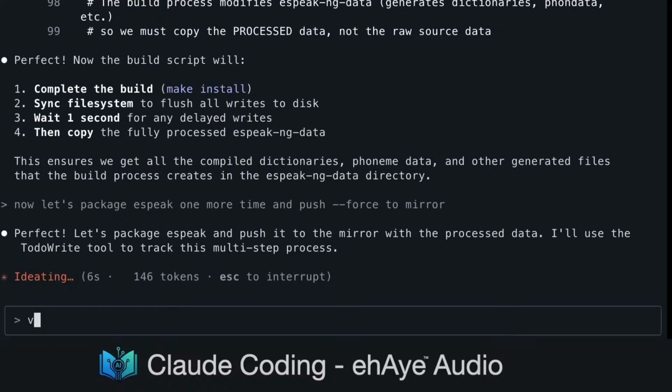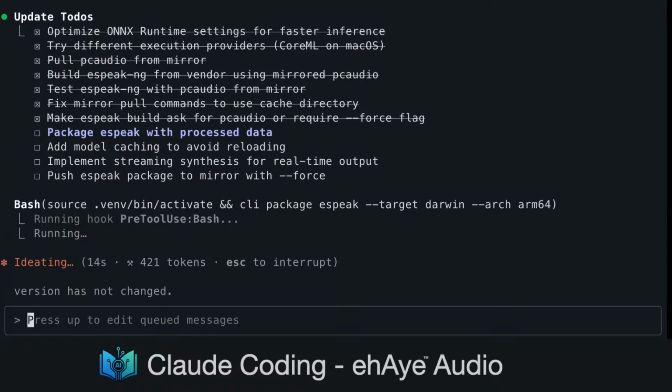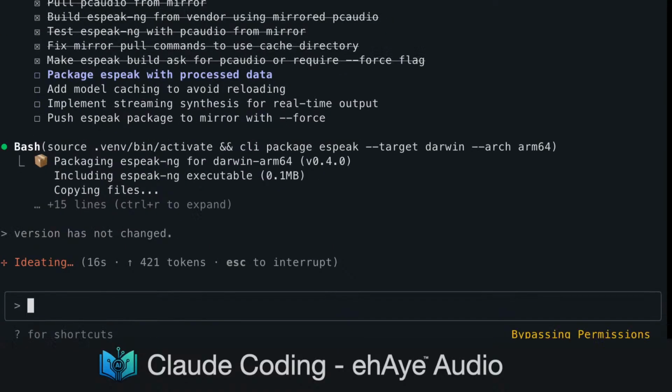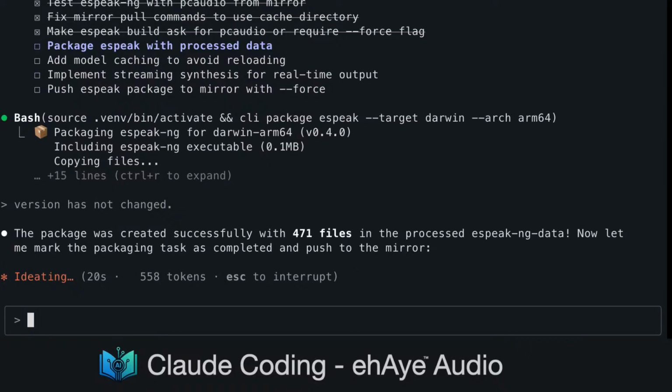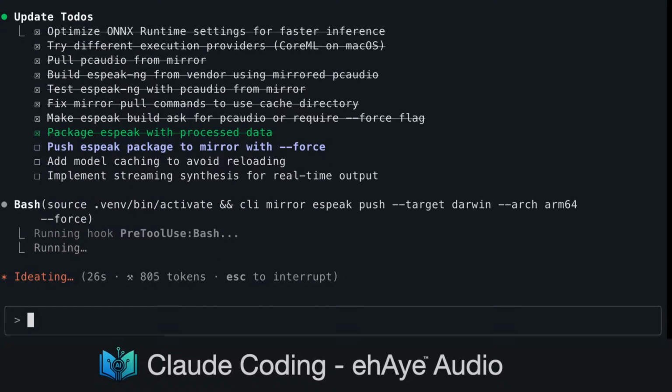Let me package SBIC with the properly processed data and push it to the mirror. Package SBIC with processed data. The package was created successfully with 471 files in the processed SBIC data. Now let me mark the packaging task as completed and push to the mirror.